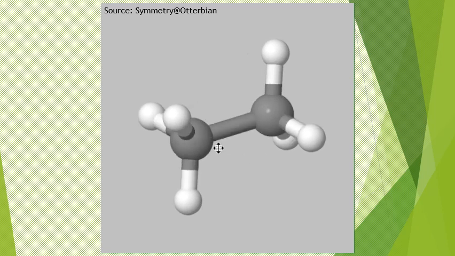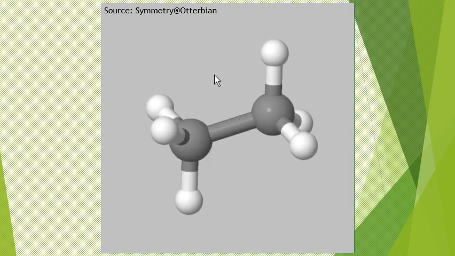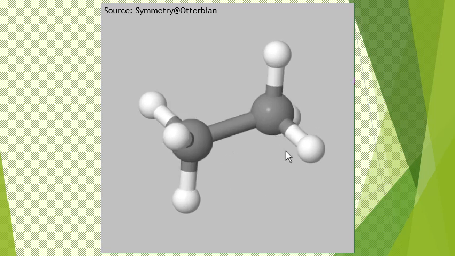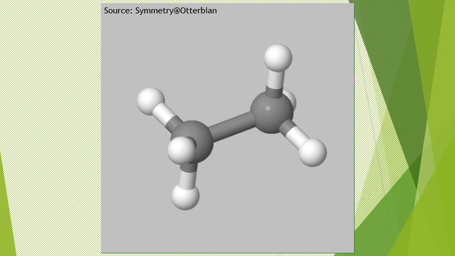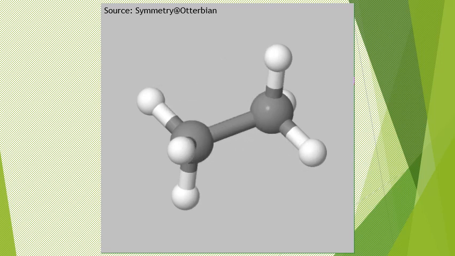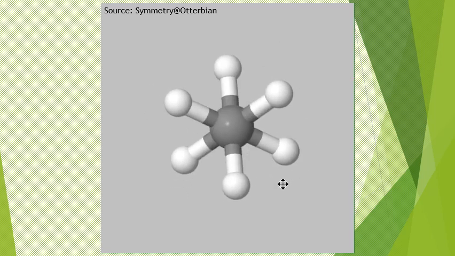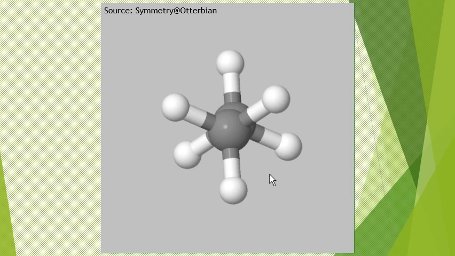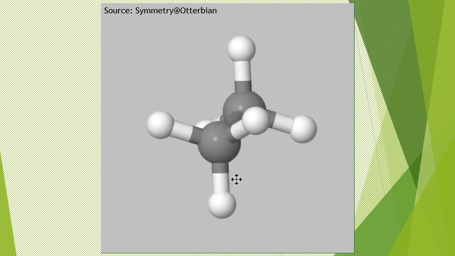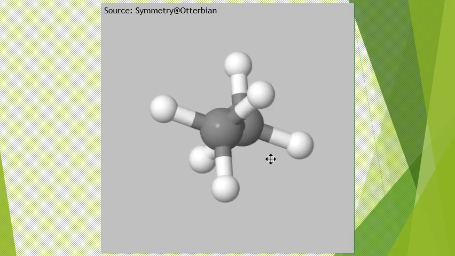So maybe from another view, the plane exists in fact here. So this is the plane. So from this side also we can see the same operation. The molecule rotates by 60 degrees and then it reflects, which results in an indistinguishable orientation. See, definitely for this molecule, if I consider just S6 rotation on this front carbon atom, this hydrogen comes somewhere here, right? That will not result in an indistinguishable orientation, whereas this S6 definitely results in an indistinguishable one.